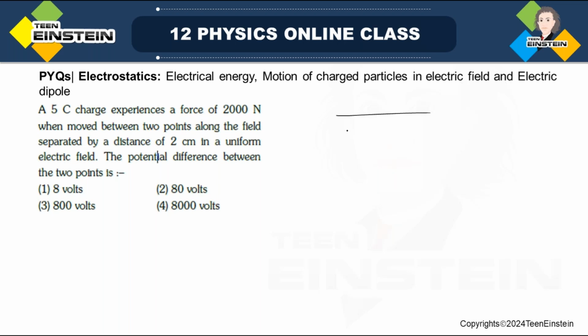So you have uniform electric field over here like this. So if a charge of 5 coulomb is moved from some point A to suppose some point B,